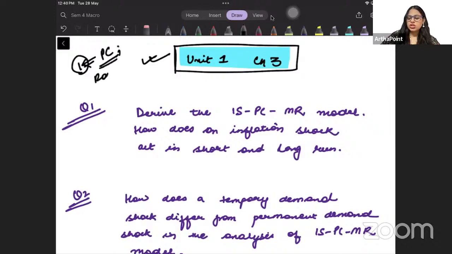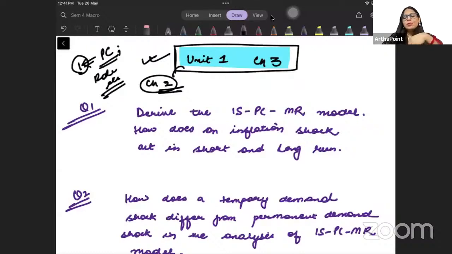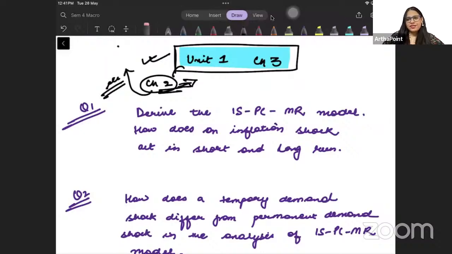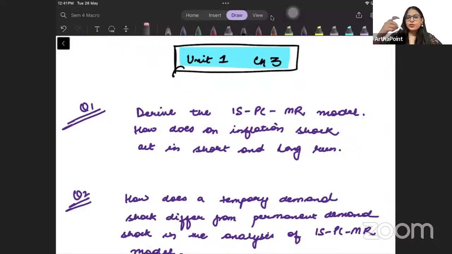It talks about rational expectations, etc. And you have already done that as part of your last semester. So it is actually from chapter 3, part 2 onwards, that is what you have to go ahead and focus more on. But you will be able to understand this part 2 if you have done part 1, right? So ultimately you will have to do a lot of part 1 also to understand part 2. But if you go to the syllabus, it will say with focus, less focus on part 1.